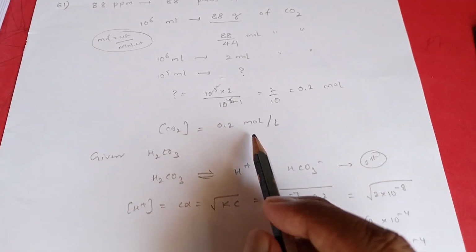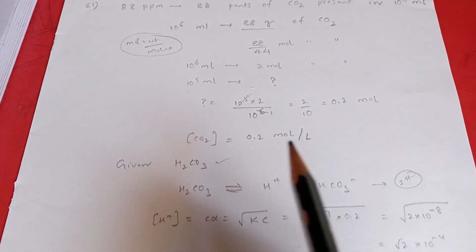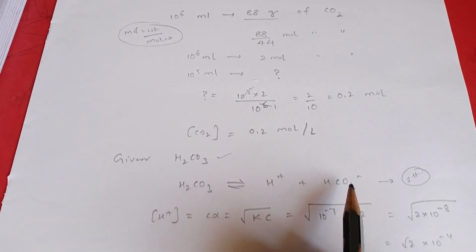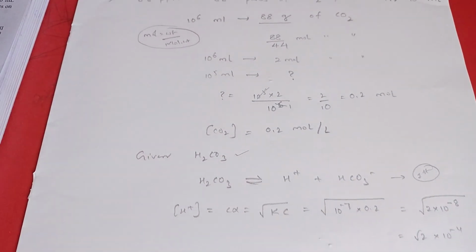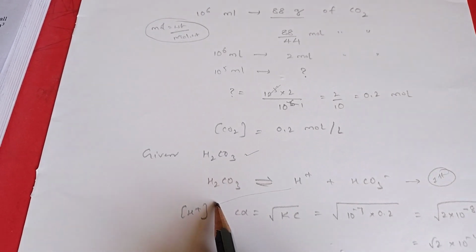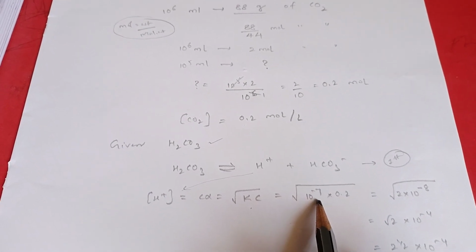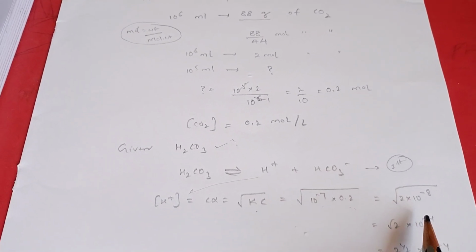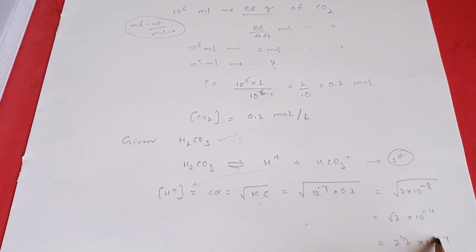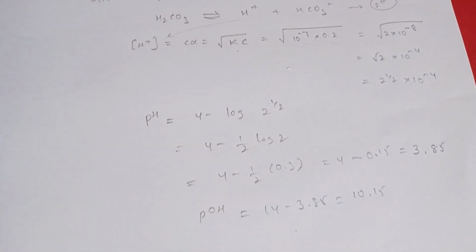So in this problem, it is very clear. First, up to this one no problem. Concentration of CO2 calculated is 0.2 mole, it is very clear. Here H2CO3 gives two types of dissociations, but we want only the first dissociation because first dissociation is the main dissociation and also gives the higher K value. So based on that we can calculate the concentration of H plus, that is root over Kc. Here the given K value is 10 to the power of minus 7 and C concentration is the CO2 concentration, that is 0.2. So we calculate this H plus concentration, by using that you can calculate pH and finally pOH.